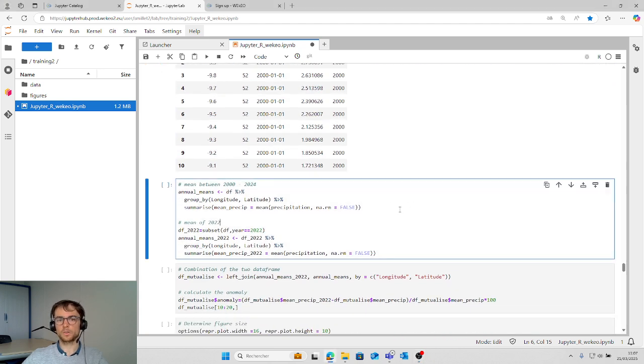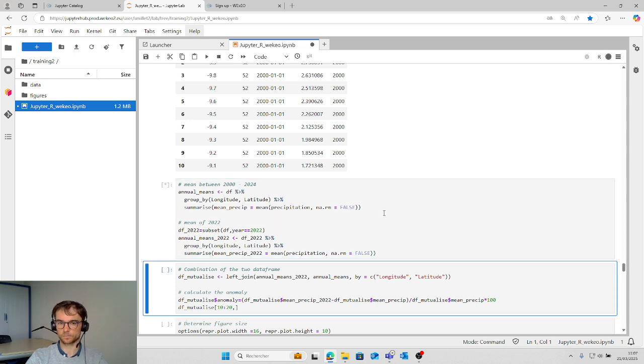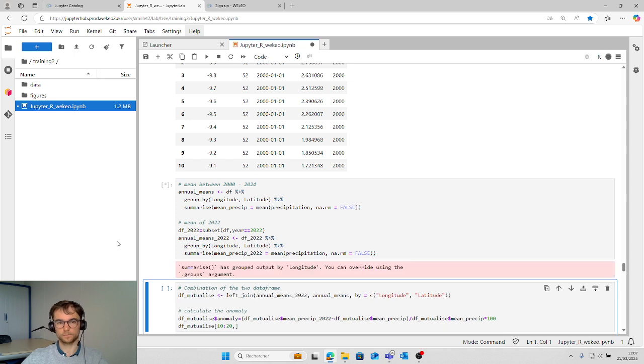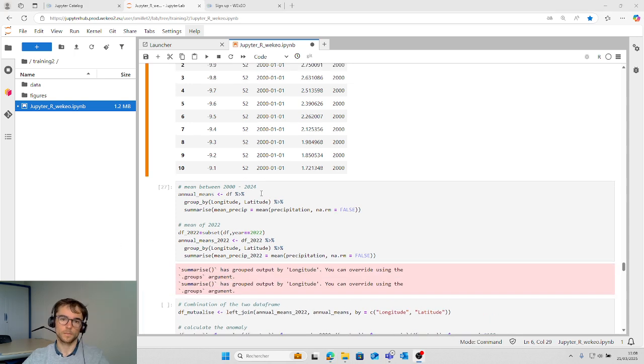Then we make an average between 2000 and 2024, the annual average of precipitation. And we also do the mean of 2022, because it is monthly means, but here we use annual.